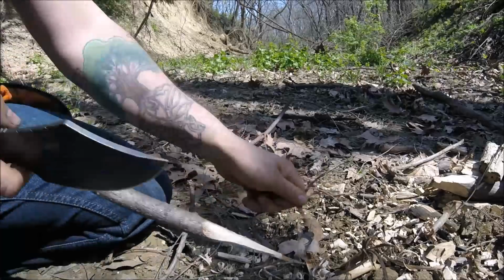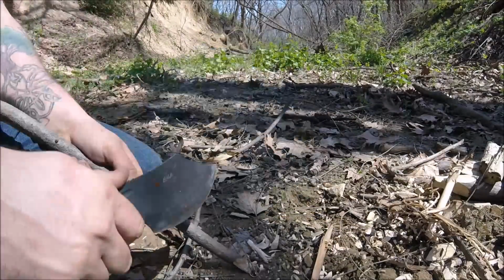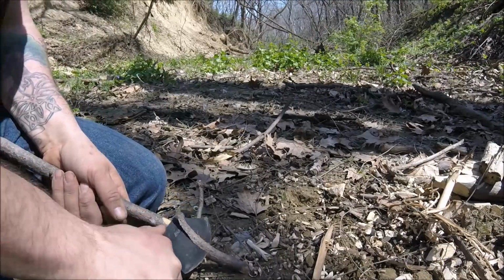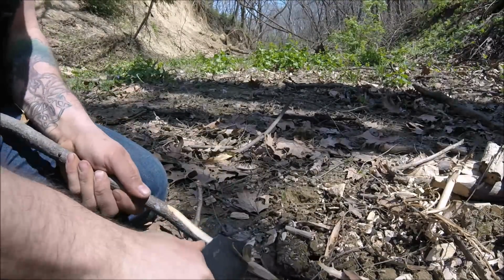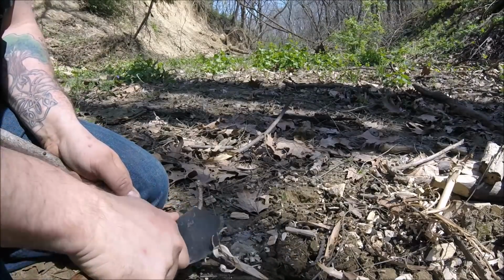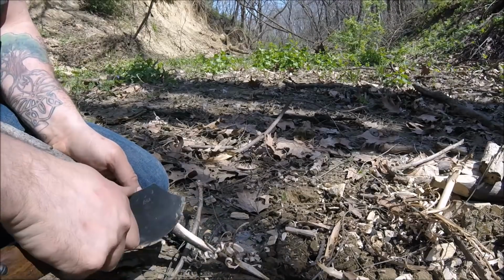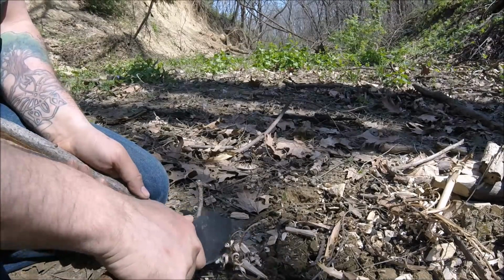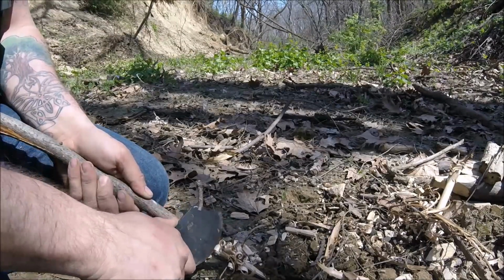It's making curls just fine. I don't quite have the feel of the knife yet for feather sticks. I can make a flat spot on the stick itself and try to come in like this. I'm putting no pressure on the blade at all right now, which is good, and it still wants to cut really deep. I have a slight curvature to my hand